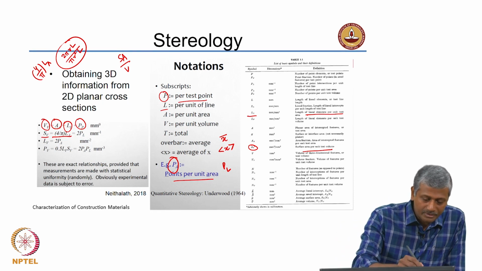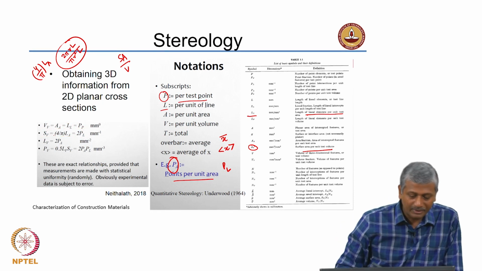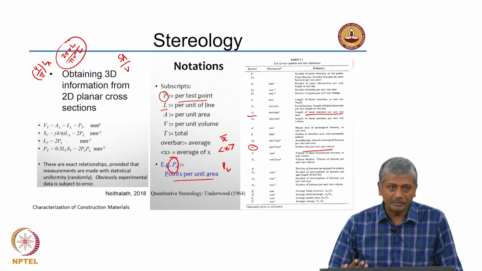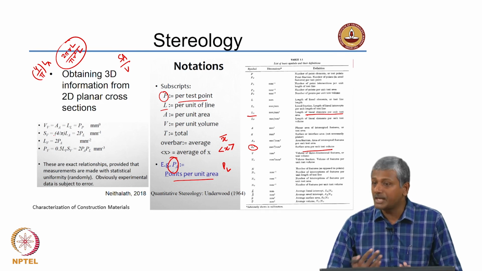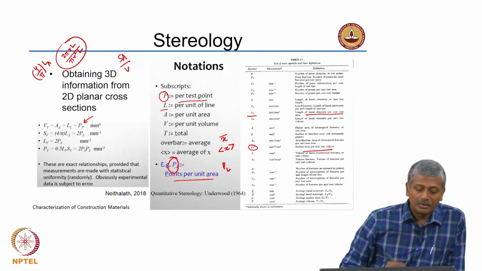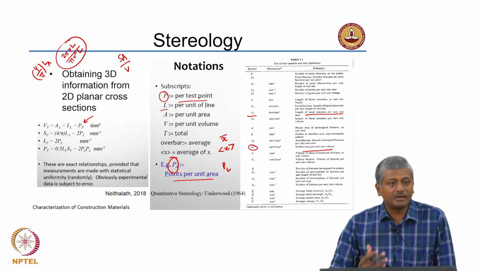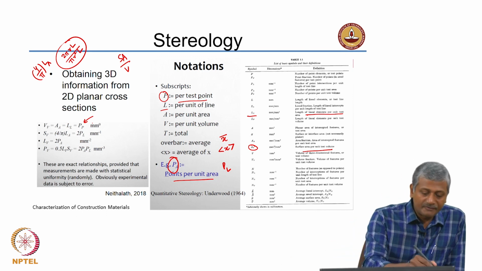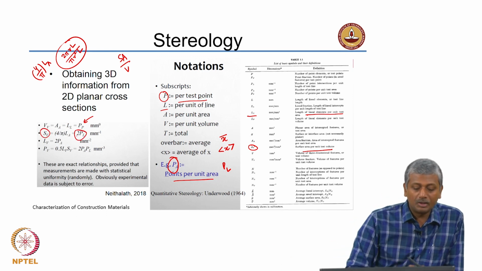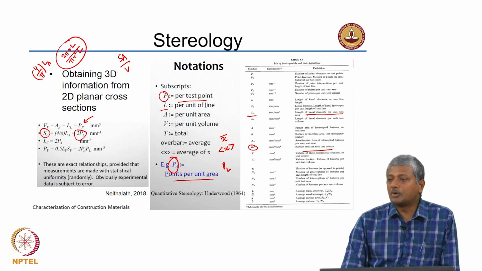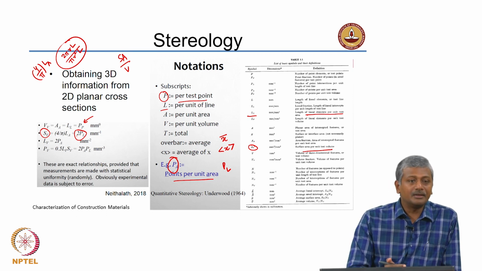So, these calculations happen to work for a range of materials, a range of phases and a range of shapes and sizes. What we are saying is an assumption that volumetric fraction is equal to area fraction is equal to length fraction is equal to point fraction. So, the surface area per unit volume, which works out to be twice the number of points per unit length, is again something that is valid for a set of images which have been statistically taken.